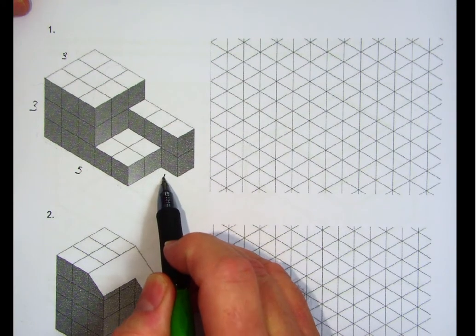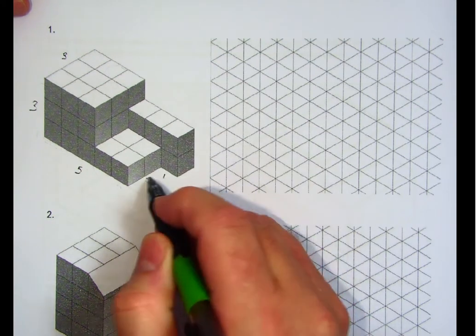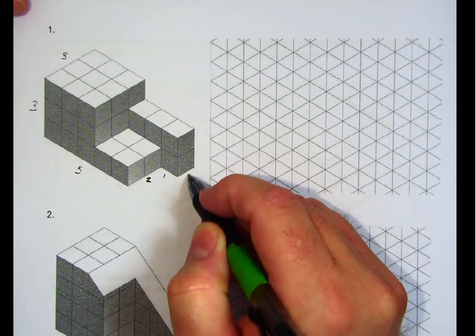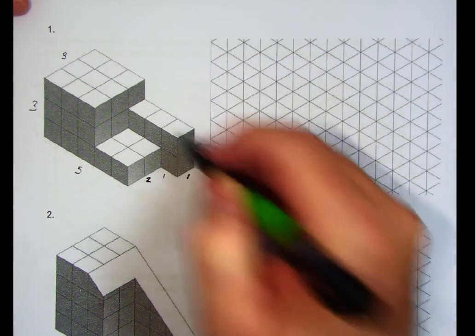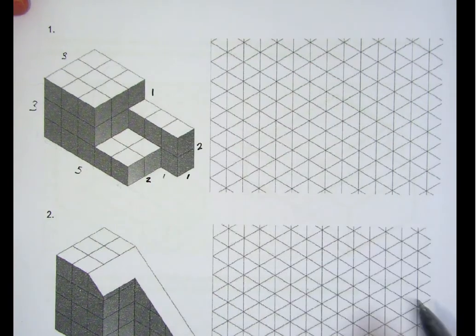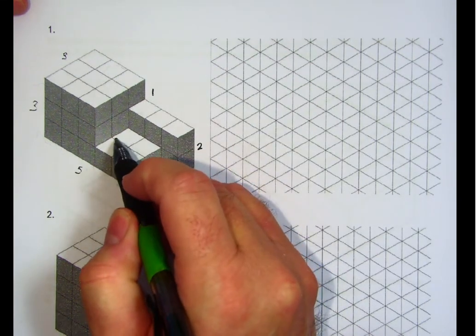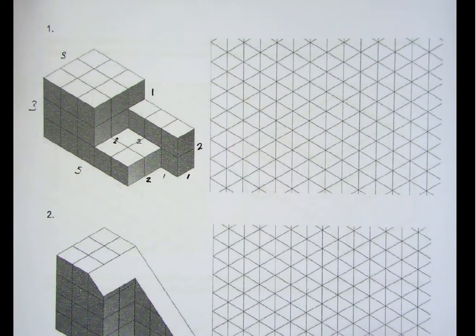This is 1, this is 2 back. In depth, this is 1 in depth, and then we come up 2 here, and here's 1 here. And see, this goes back 2 and over 2. So you can kind of see